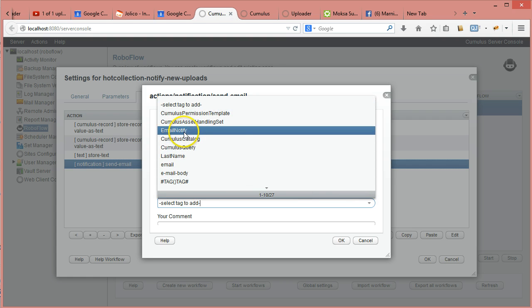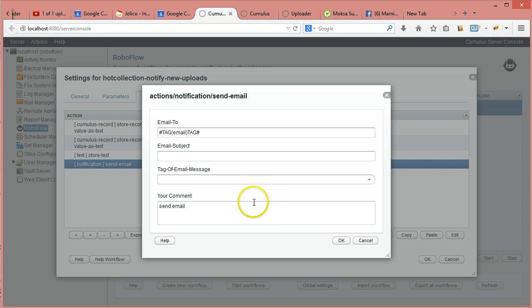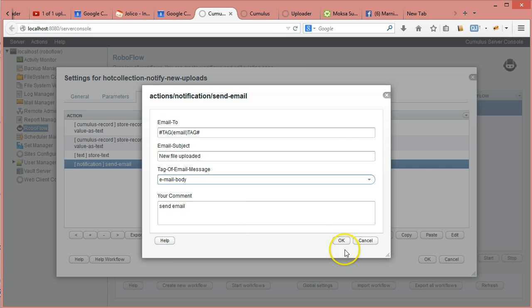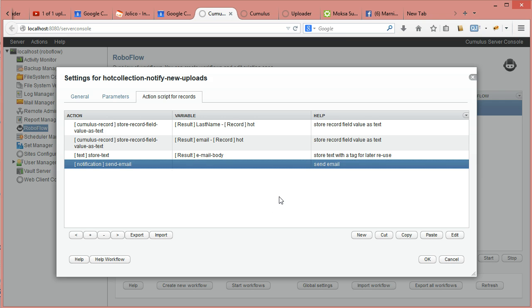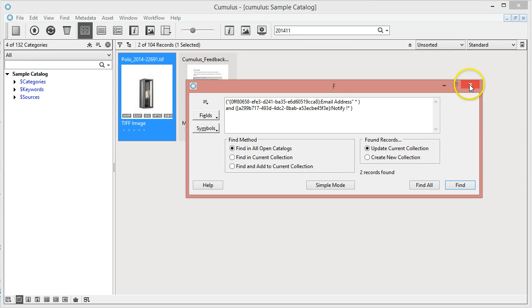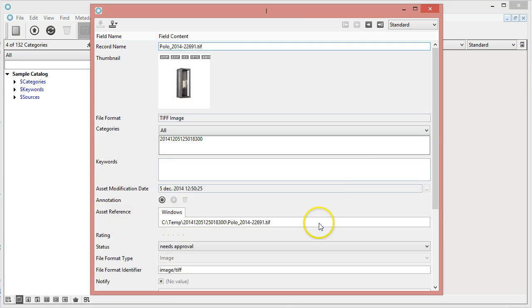and then we can see that we have a field called email here. So that's the field it's going to use. The subject is new file uploaded. As I said, you can add whatever text you like, and then here we are going to take the email body text that we stored, and it will send out the email. So it's that simple. And as an example, I have these two records, so I'm going to fix these two records